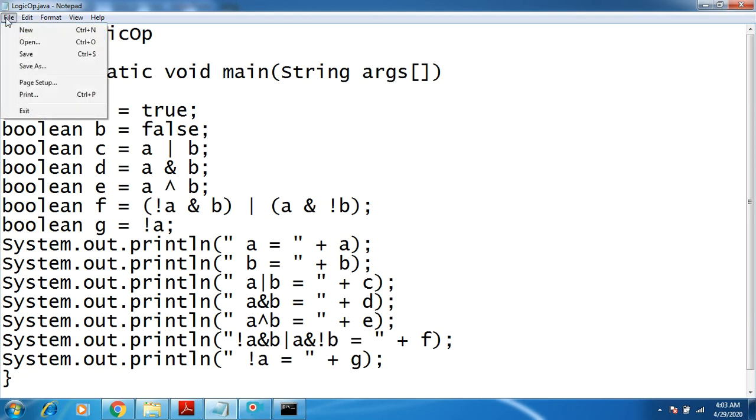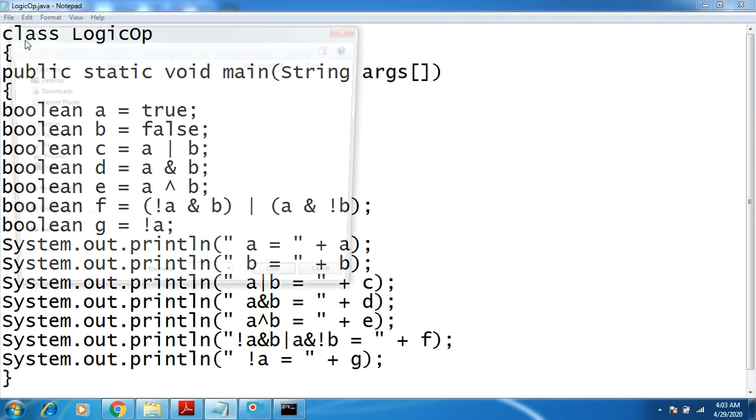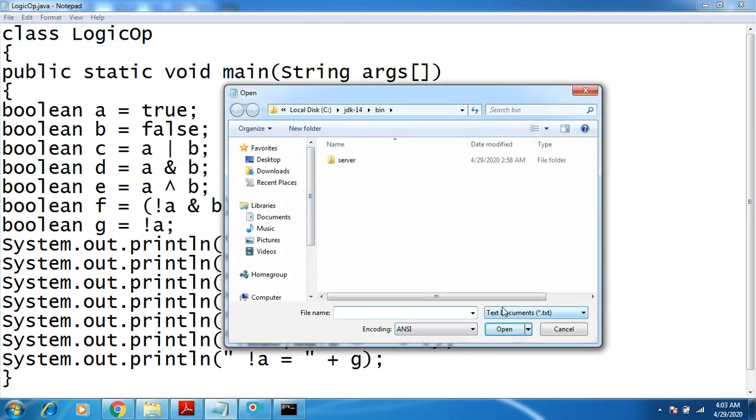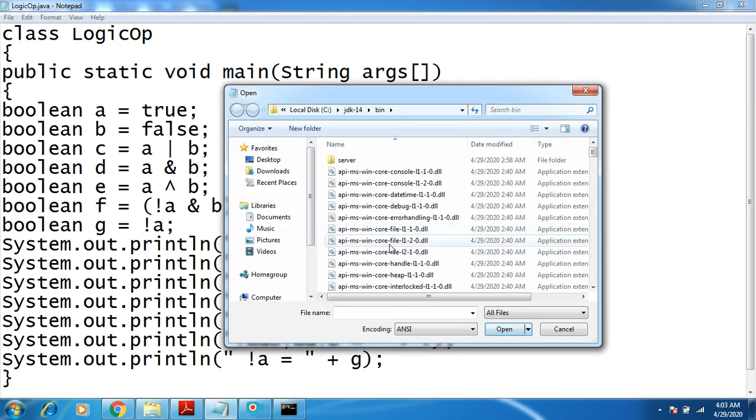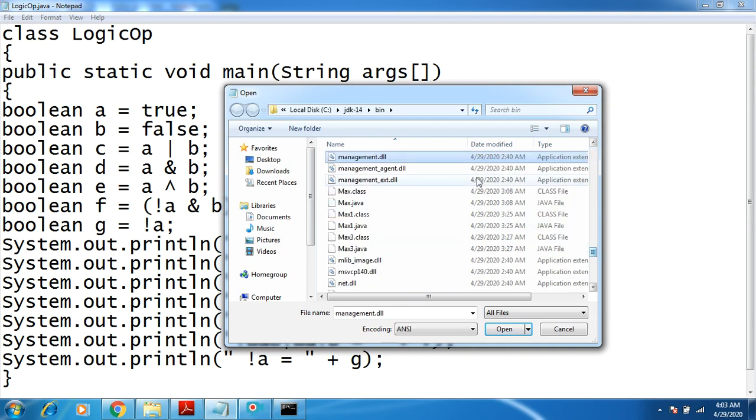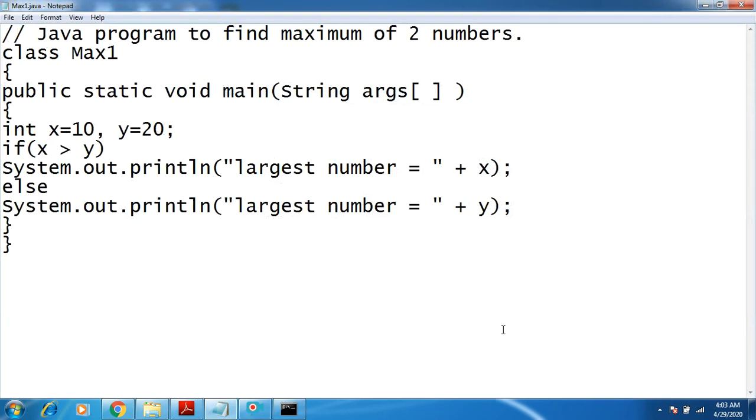So first we'll go for the usage of the if else condition. All of you know its syntax, because you have already studied that in the C programming language. I have given it the name max1.java here. The syntax is if, then you have to specify a condition, and that condition should make use of relational operators.